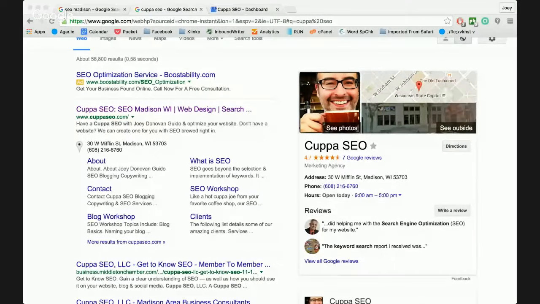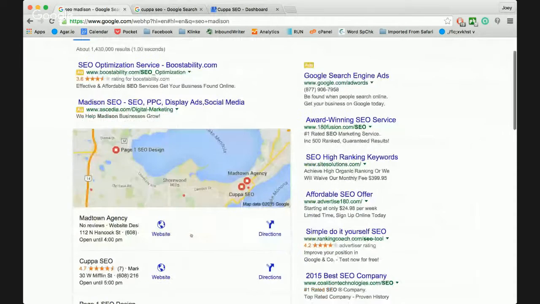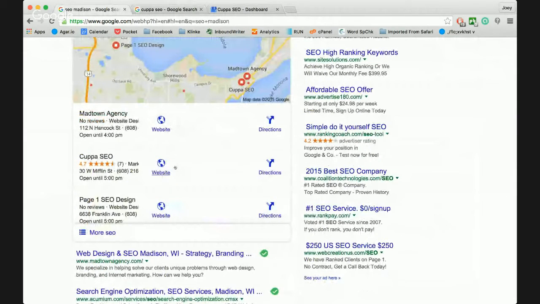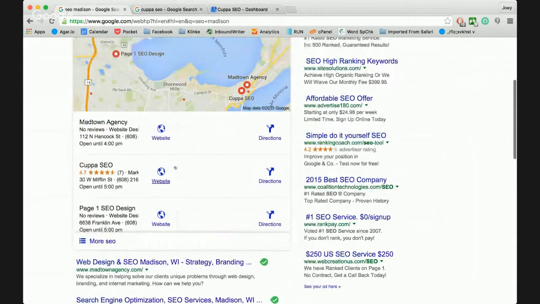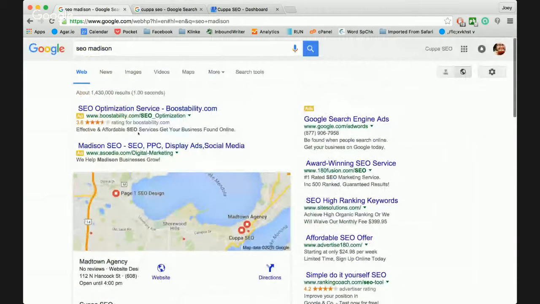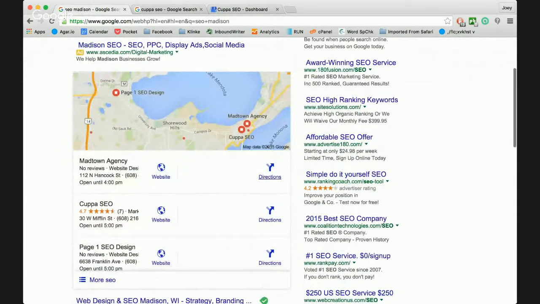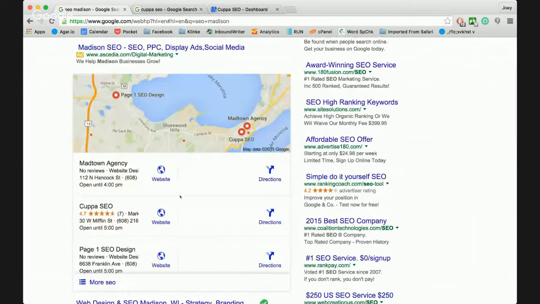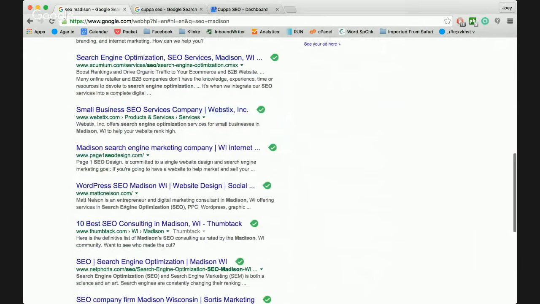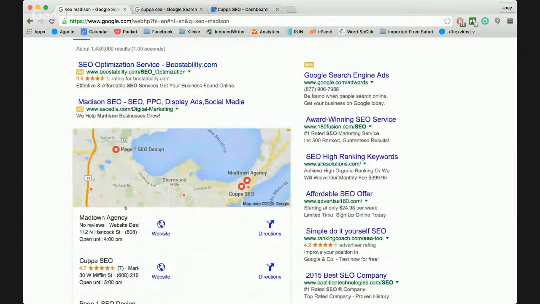The reason this is so important is you will absolutely not show up at all in this list if you don't have a Google My Business page. And as you can see, it's one of the first things that comes up right after the ads. So if somebody's searching, in this case for SEO, they might just come here and say, okay, here are 3 choices. These people are at the top. Let me pick one. And they may never make it down to this area to even see where you are or who's down there.